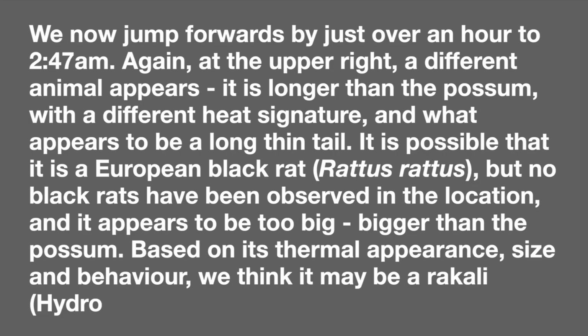We now jump forwards by just over an hour to 2:47 a.m. Again, at the upper right of the frame, a different animal appears. It appears to be longer than the possum with a different heat signature and what appears to be a long,